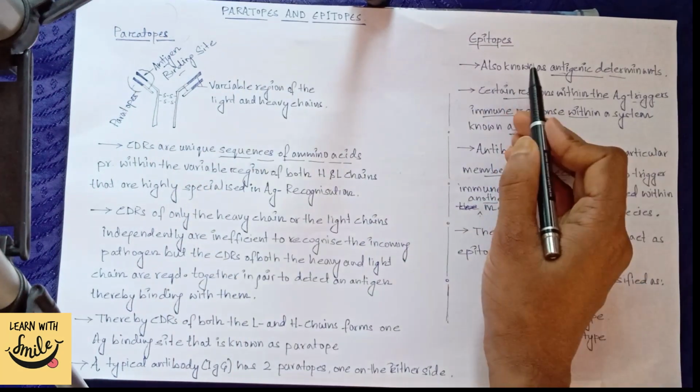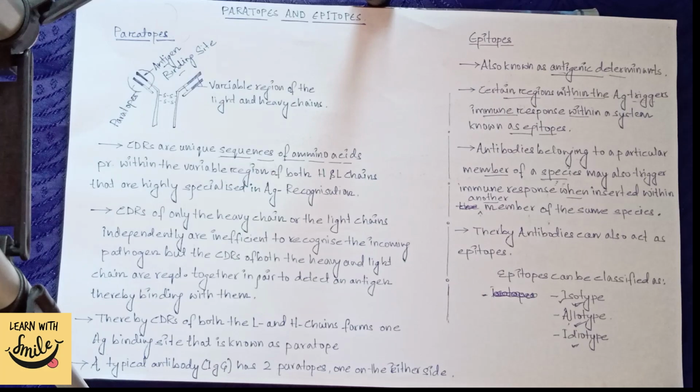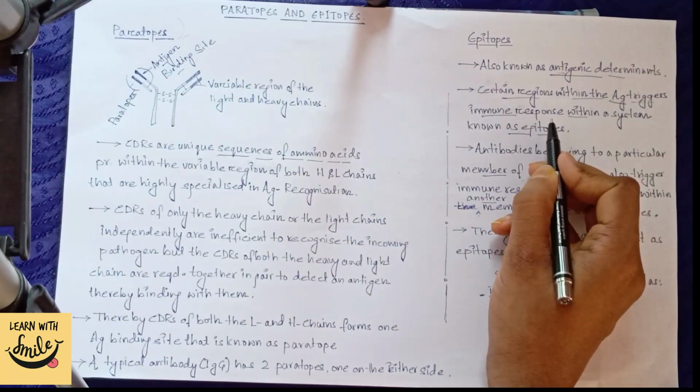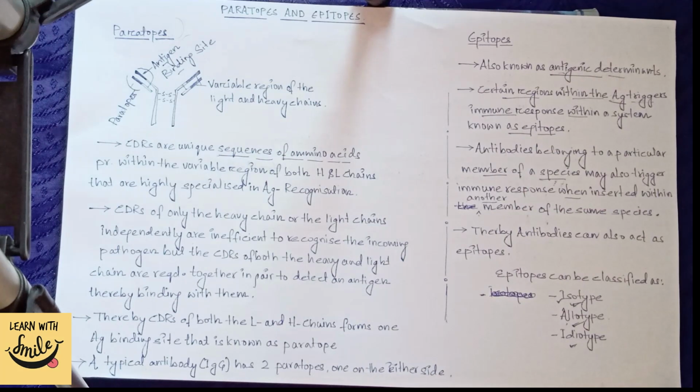Now coming to epitopes. Epitopes are also known as antigenic determinants. That is, there are certain regions present within the antigen that can trigger an immune response followed by the activation of immune cells and molecules that will lead to the neutralization of the antigen. Now such a region which is present within the antigen and that can trigger an immune response within the system